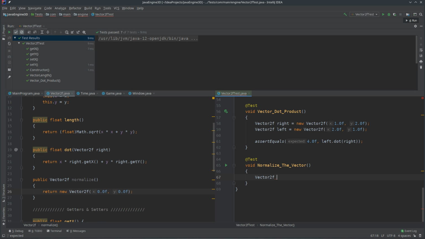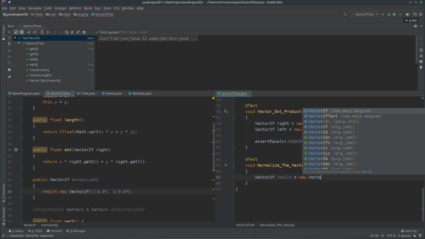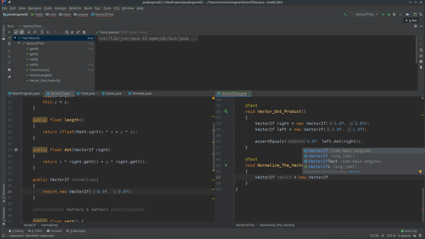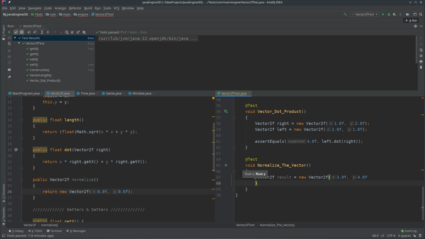I don't know. So, result. The result this time is a vector. Equals a new Vector2f, and now I've got to pick some values, damn it. I'll have 3 and 4 again. And let's see if I can work it out. Okay. And I now have to assert